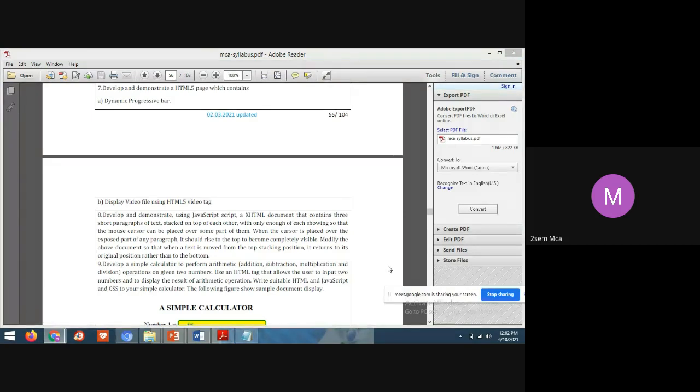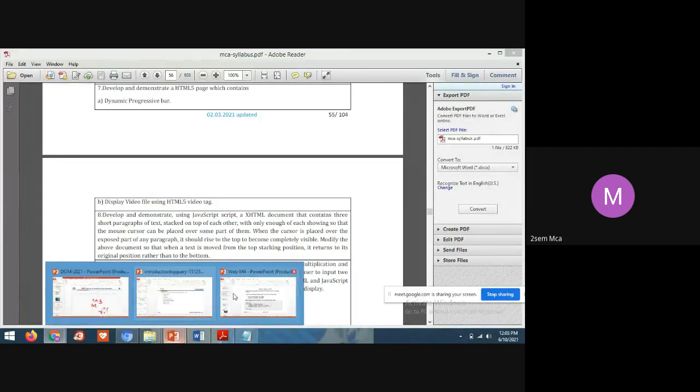I'll give a program, and whatever the program I give now, based on the requirement, you have to modify it. Here what the question is telling is that you have to take 3 paragraphs, one on the other.